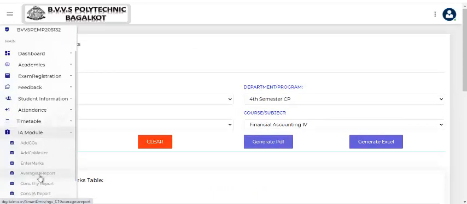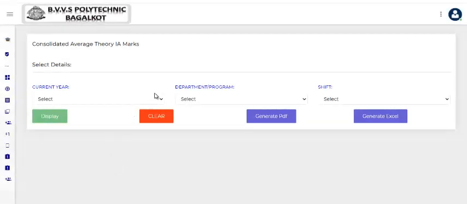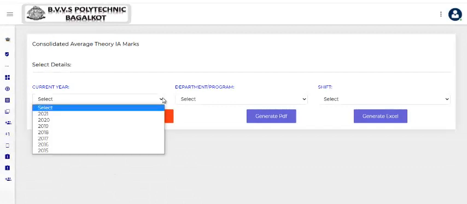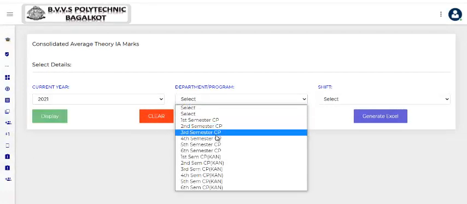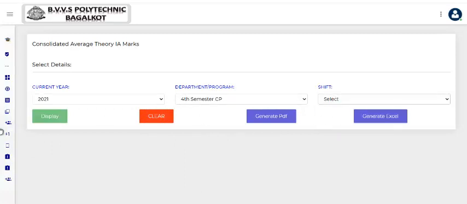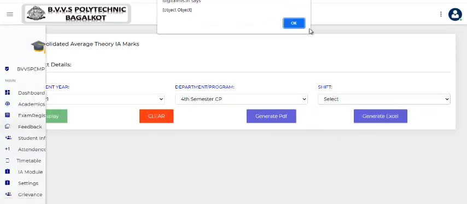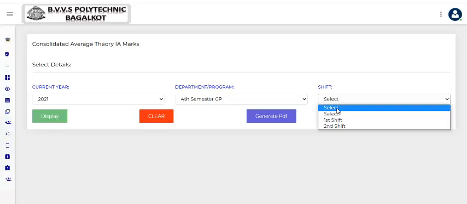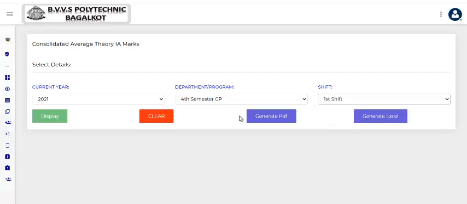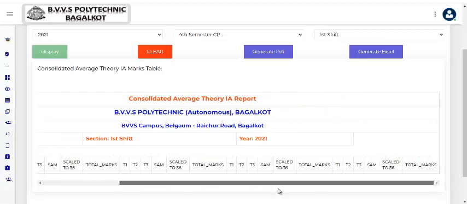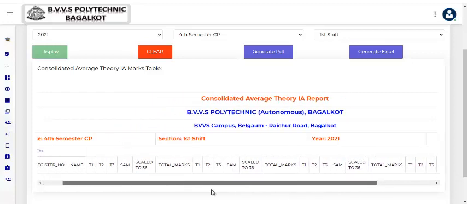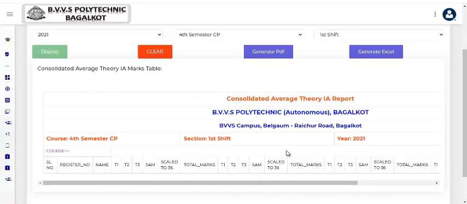And next I'm coming with the theory report. Like it is a consolidated report for 4th semester CP first. Here has been mentioned the complete details of 4th semester.